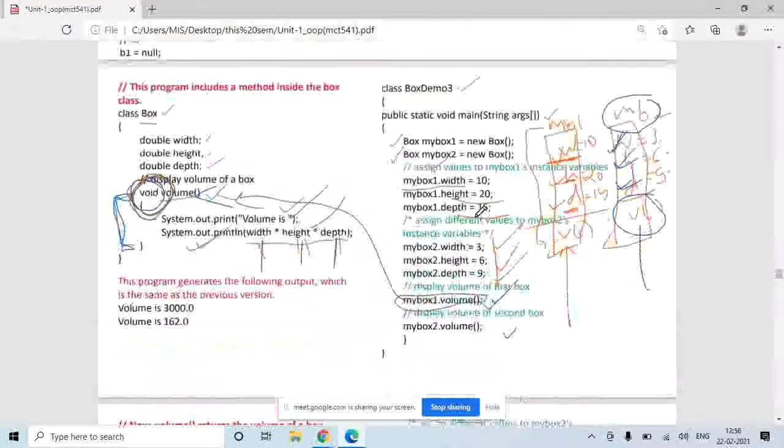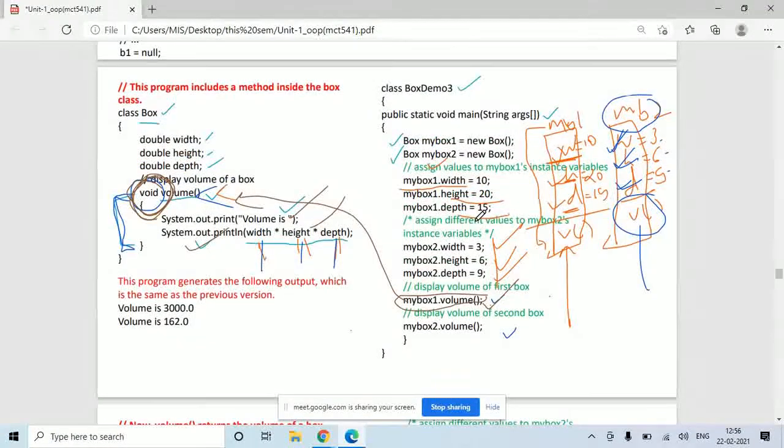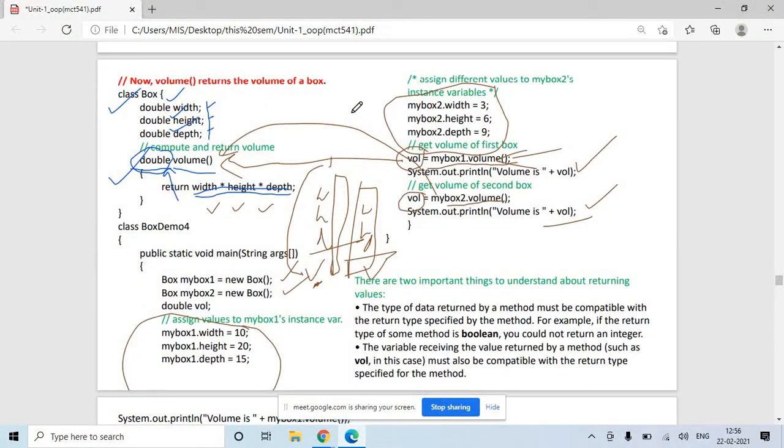So these are two variants of writing the same program. One tells you how to call a member function where we are not returning anything. This one tells you how to return a value from a member function.